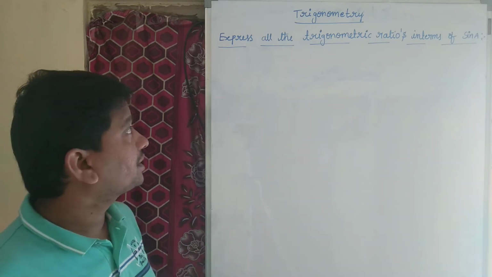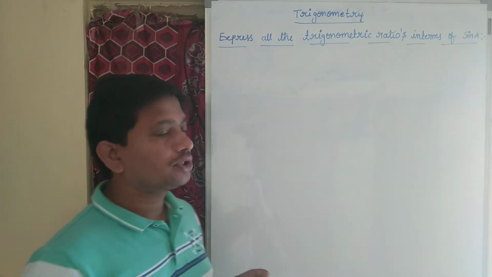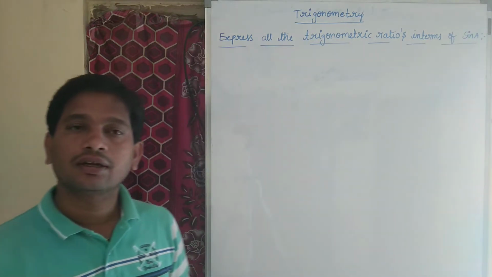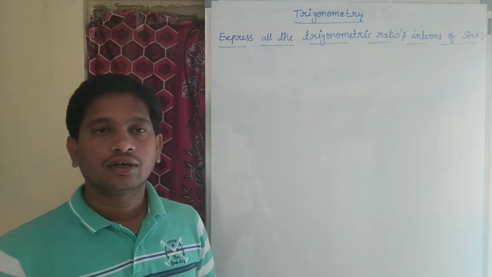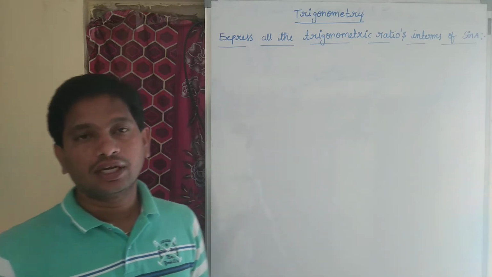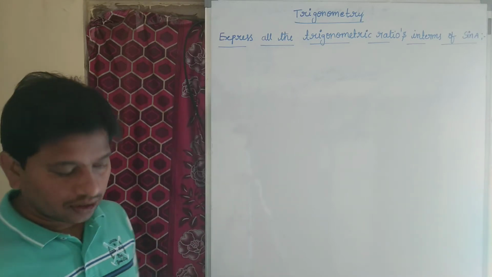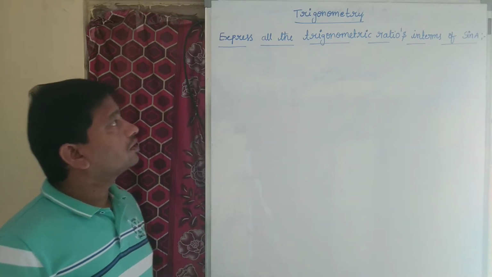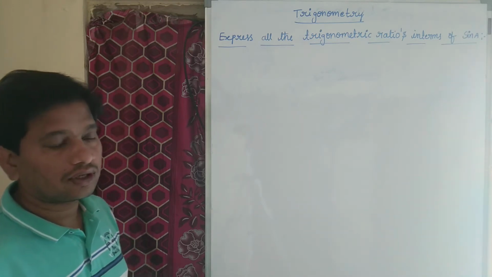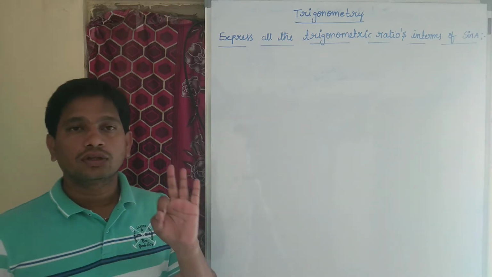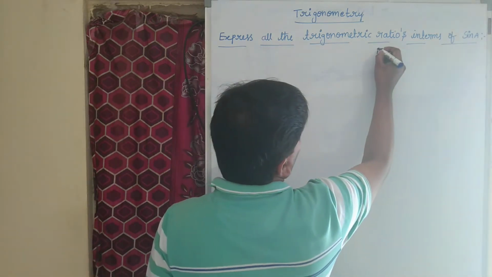In this session, let us discuss how to express trigonometric ratios in terms of sin A, in terms of cos A, in terms of tan A, in terms of cosec A, in terms of cot A, and in terms of sec A. Okay. So, before expressing the trigonometric ratios, first of all, we should know the most important three identities. Identity 1,